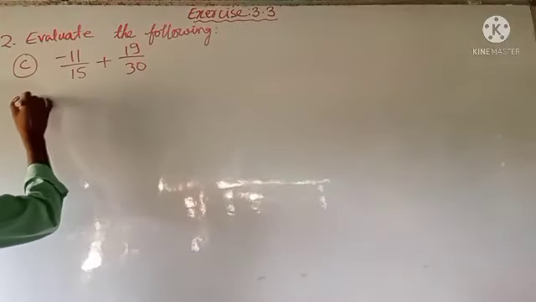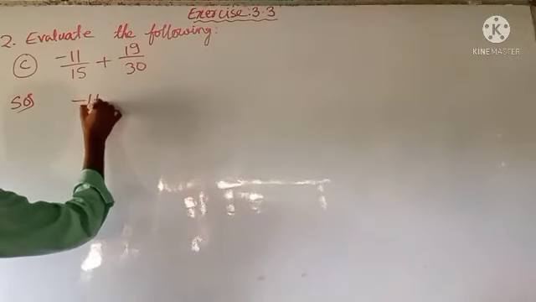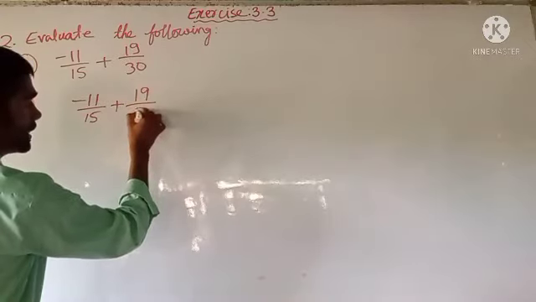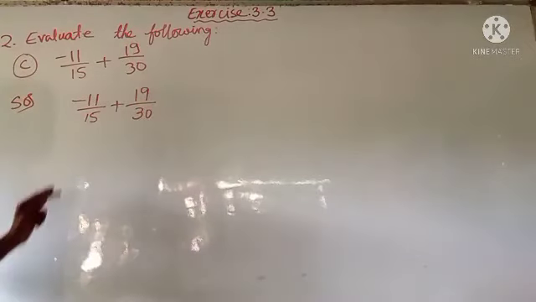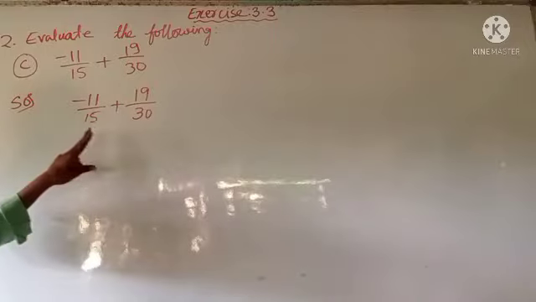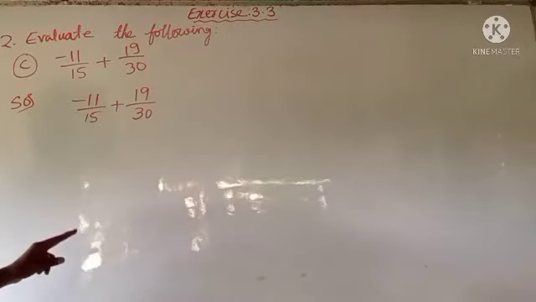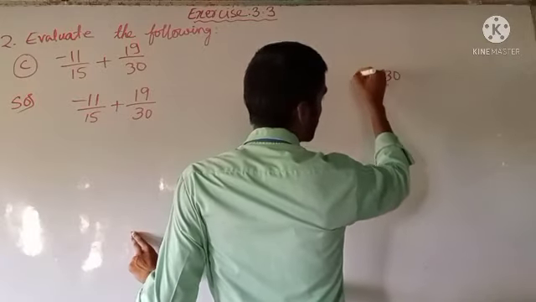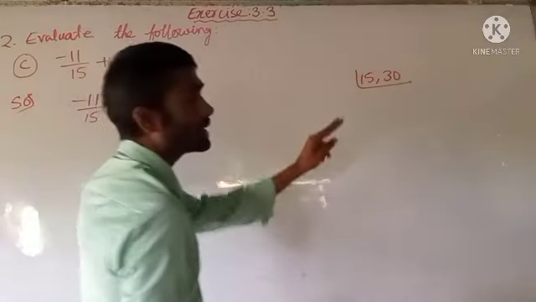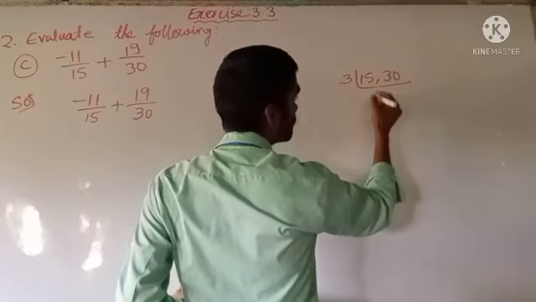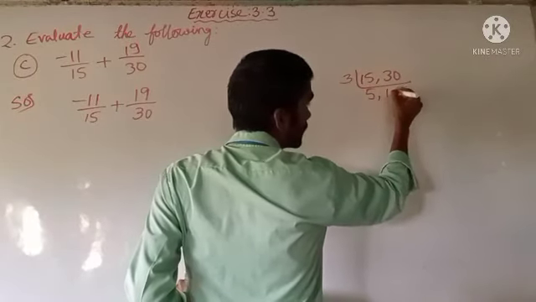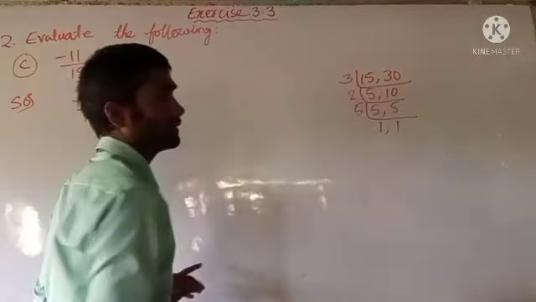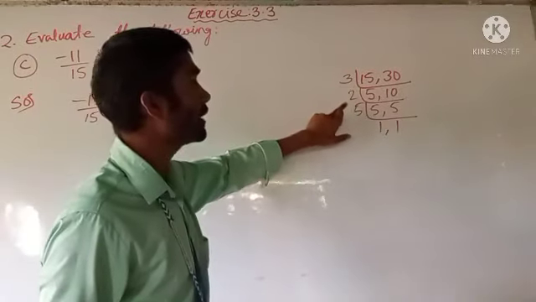So when you find that the denominators are not the same, that is here it is 15 and 30, at that time what we are going to do is, we will find their LCM. That means we will find the LCM of these denominators, that are 15 and 30. So here both the numbers are divisible by 3, so we will divide by 3. 3 5s are 15, 3 1s are 3, and 3 10s are 30. Now again 5. So here we got 3, 2 and 5.